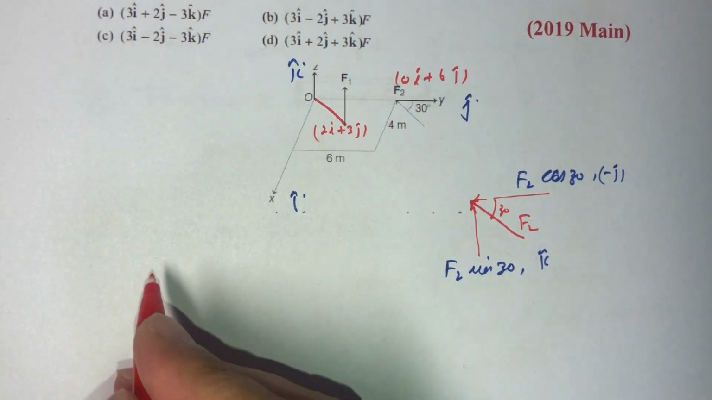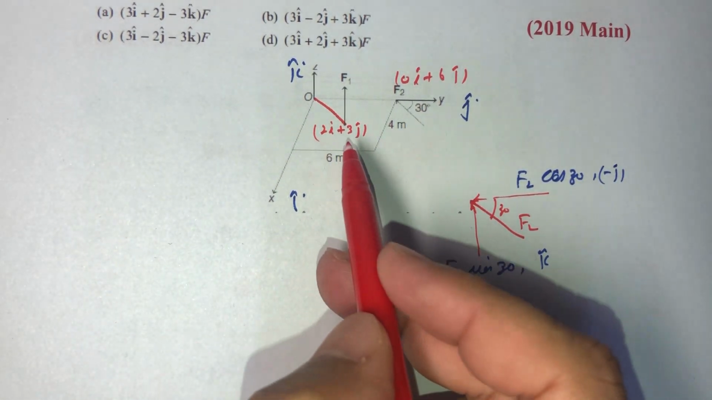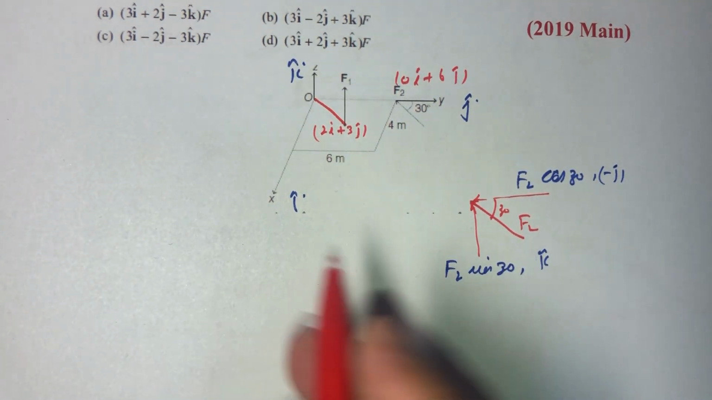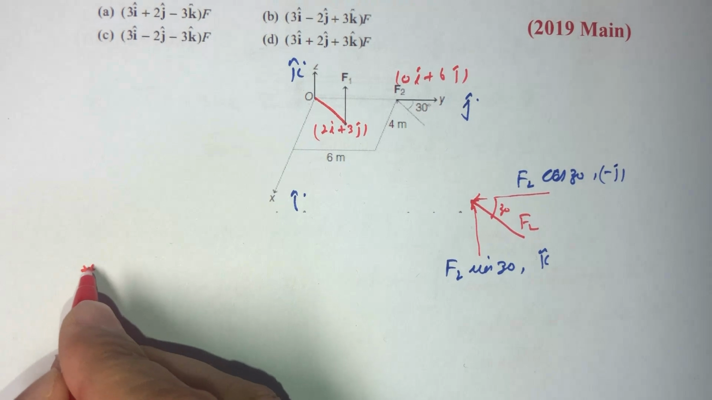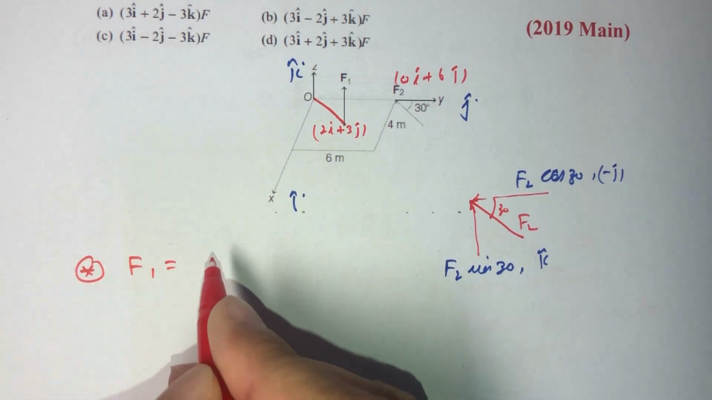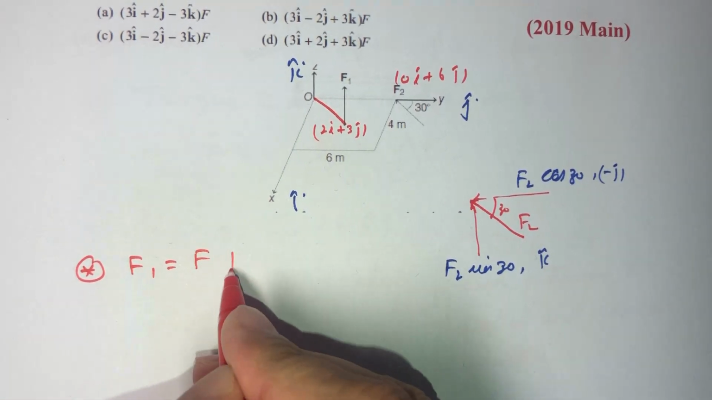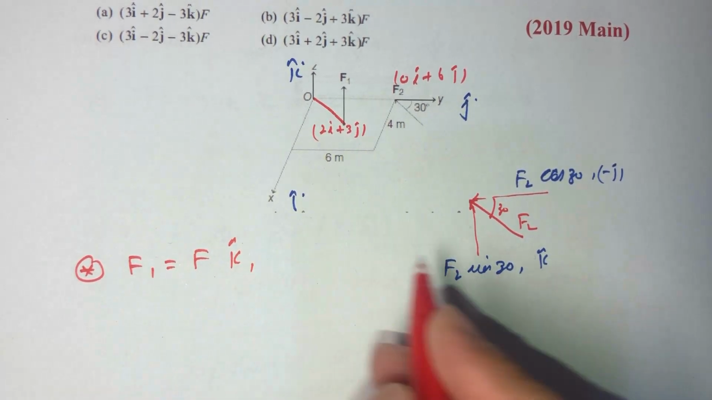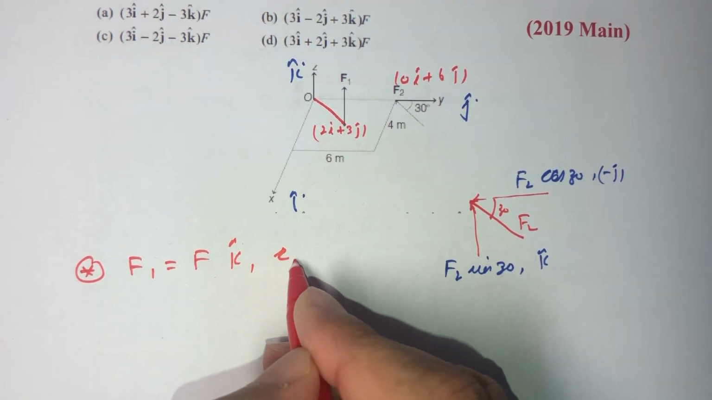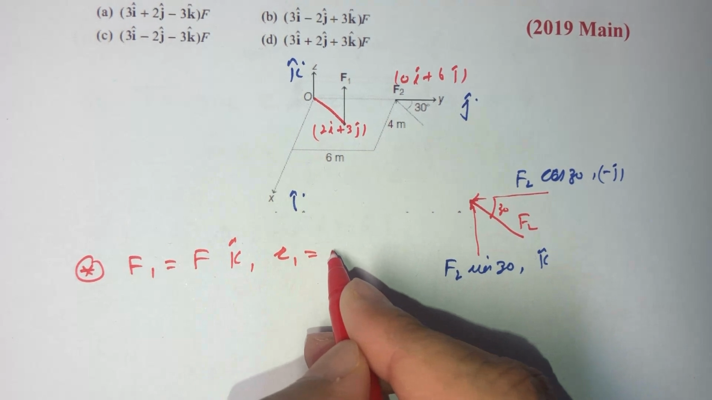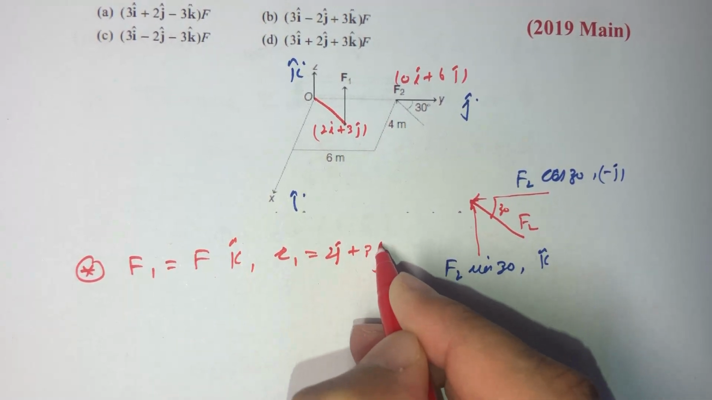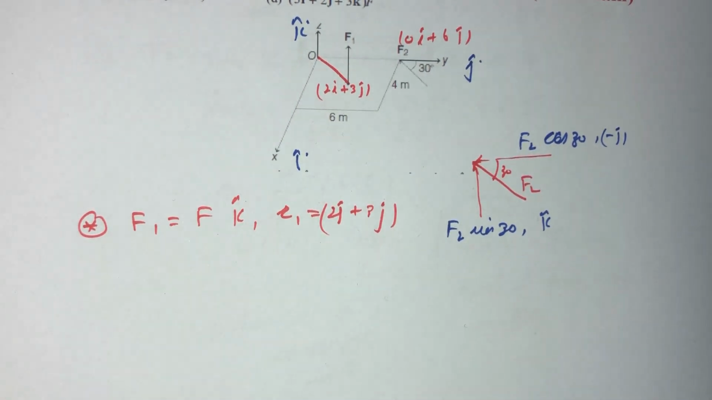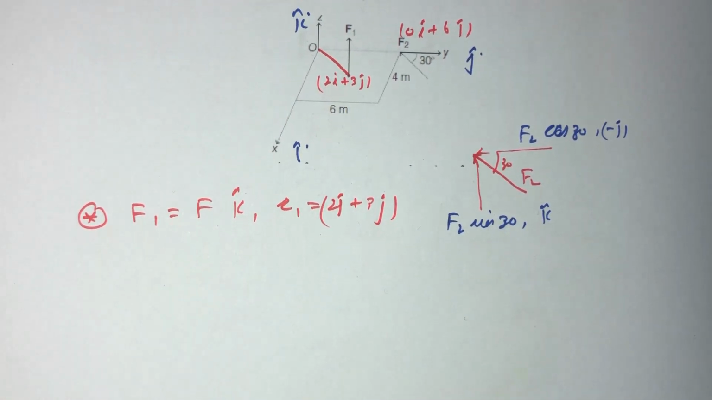So we are given that F1 is acting along z-axis, therefore we can say that F1 is equal to F k unit vector, and its position vector, let us suppose is R1, will be given as 2i plus 3j, and similarly